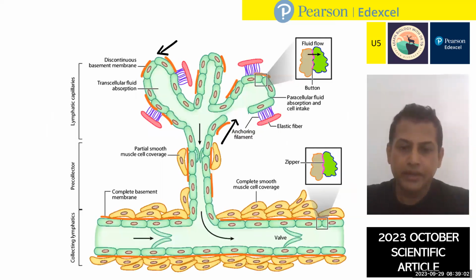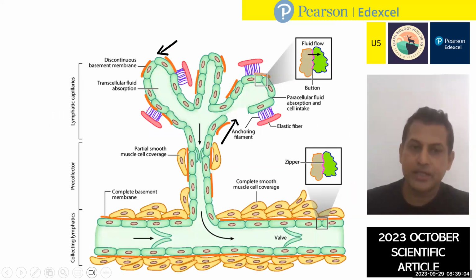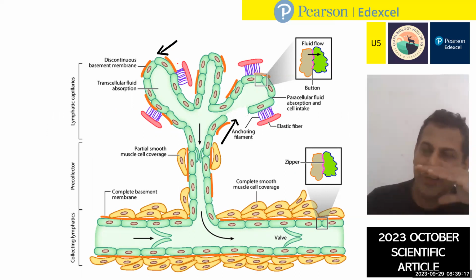Let's try to understand how it looks. Now you can see the endothelium lining the lymphatic system, and this arrow shows a discontinuous basement membrane. Basement membrane is a kind of connective tissue in which the cells are arranged as a single layer. In this second arrow, you can see there is no endothelial cell. There's a gap, so it's not completely covered. This is a discontinuous endothelium and discontinuous